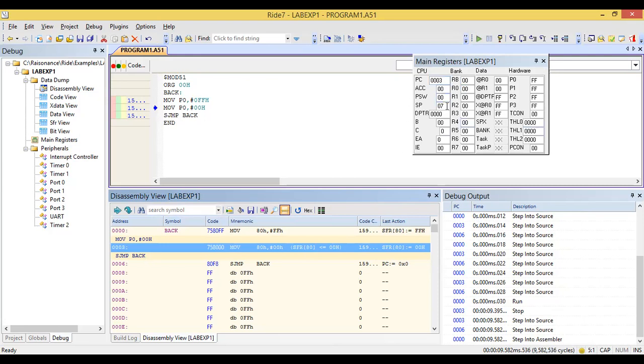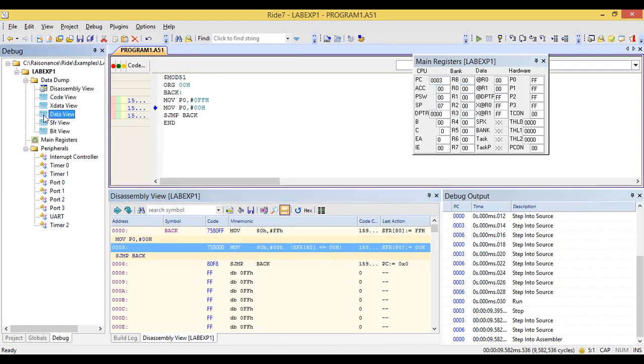You can verify all the concepts you studied in the 8051 architecture. ACC is the accumulator, PSW is the program status word, and you can also see the stack pointer, DPTR, B register, C is the carry bit, etc. Similarly, you can see the different registers R0, R1, etc., and which bank is selected. So after going through the architecture, you can verify all the concepts studied in the 8051 in this particular register window.